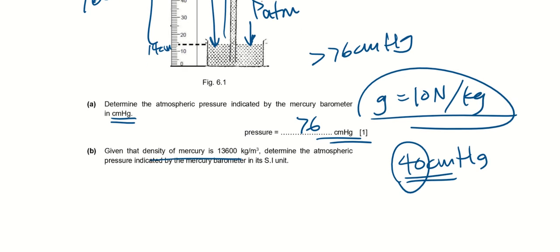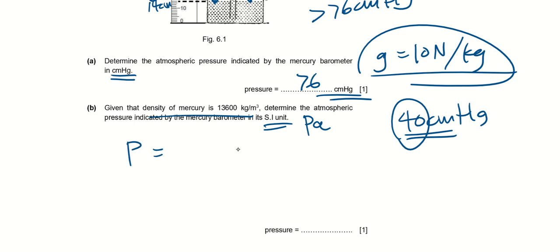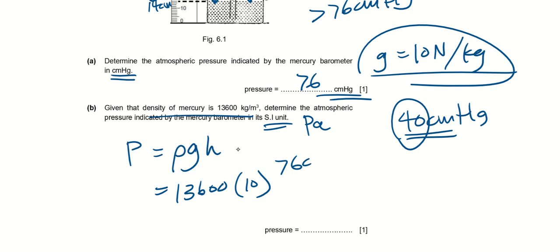Given that the density of mercury is 13600 kg per meter cube, determine the atmospheric pressure indicated by the mercury barometer in its SI unit. Therefore, it must be in Pascal, right? Using the liquid pressure formula, pressure equals rho g h. The density is 13600. I don't need to do any conversion because it's already in SI unit. The G is 10, also no conversion, but 76 cm is not an SI unit,